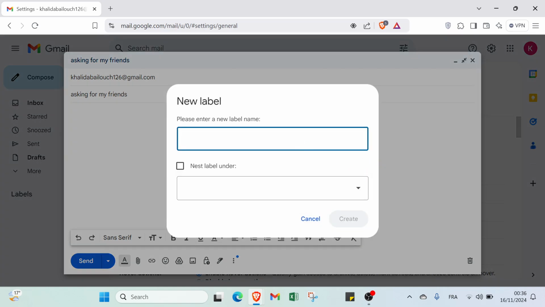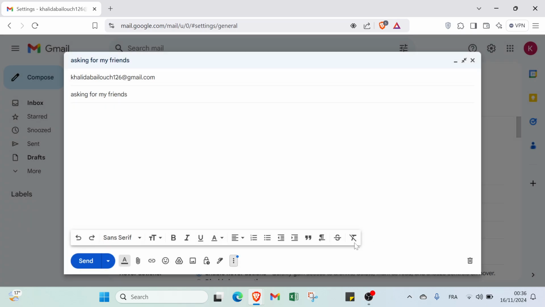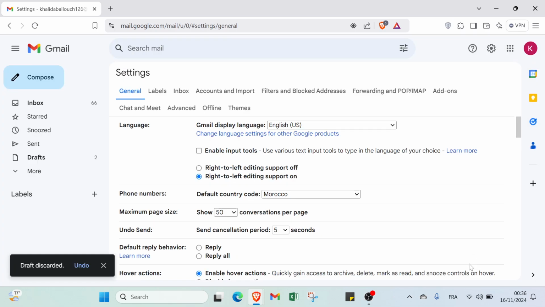Click over here and you start create new. You have to enter a new label name, and next here we have please select the brand, as you can see. So that's it for this one right now, and let's just come back right now, and you'll find here